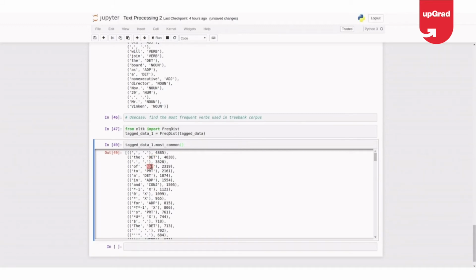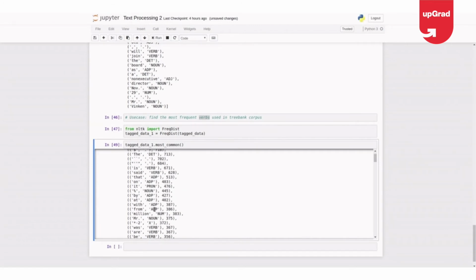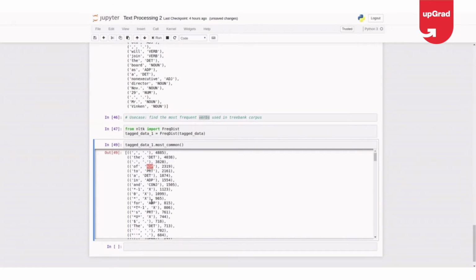But I was saying I want to find the most frequently used verbs, so I just need to filter this data to get the verbs. I understand most of the frequent words are mostly determiners and simple words like of, zero. Zero has appeared 1099 times. Comma has appeared 4885 times. Okay, fine. Let's ignore this and focus on getting only the most frequent verbs.